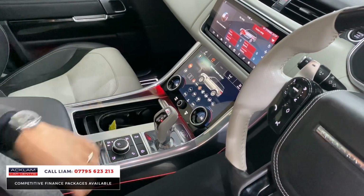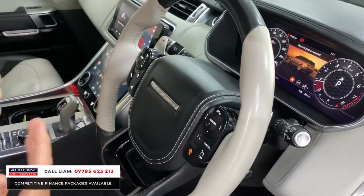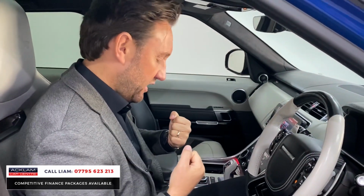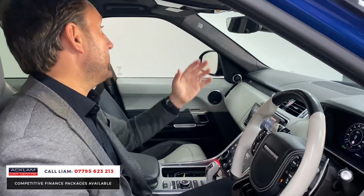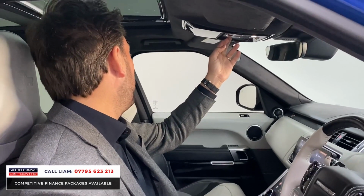So once we change it into dynamic, everything changes in the car. So your steering's dynamic, the engine, the gear shift, you can change it how you want to, but the car then drives with power, and it stiffens everything up. So that's all little features that you can do with this car being a special engine and special car. Sliding roof opens up,